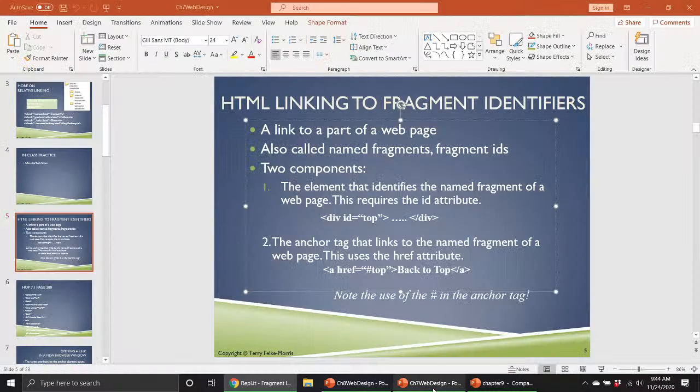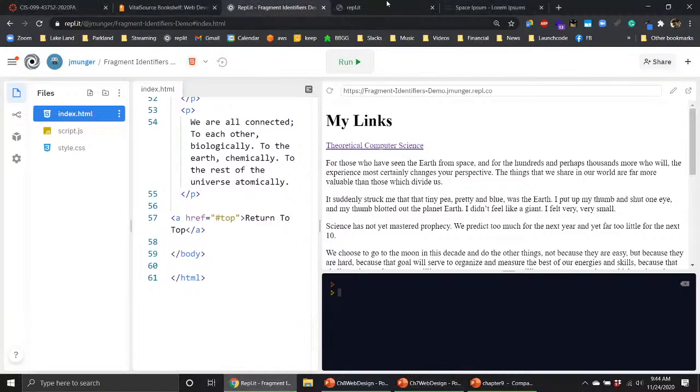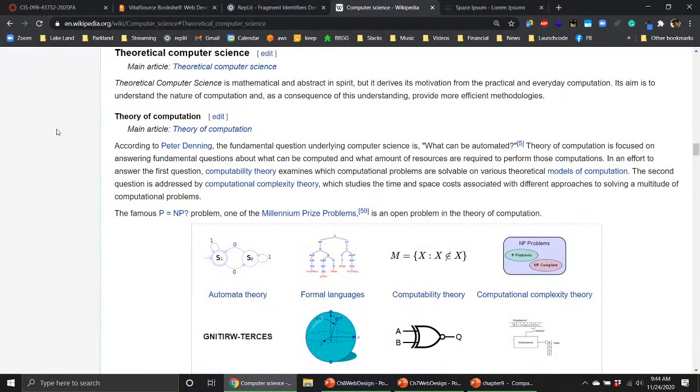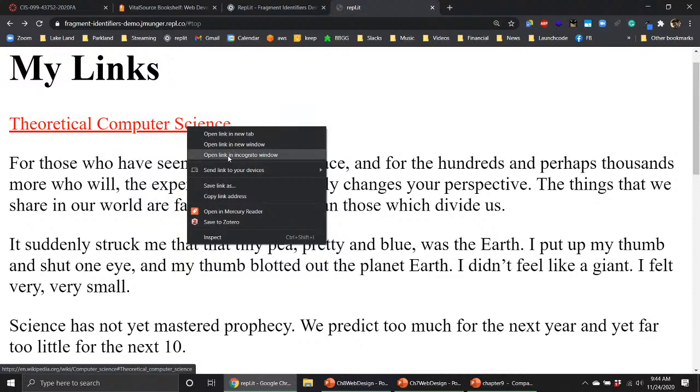Okay. All right, opening a link in a new browser window. So if you're browsing certain web pages, it can be annoying if you click a link and it loads the page inside the same tab. So if you want to get back to the information you had, you have to go back. Okay. Now, if you browse the internet a lot, you can right-click a link and do open